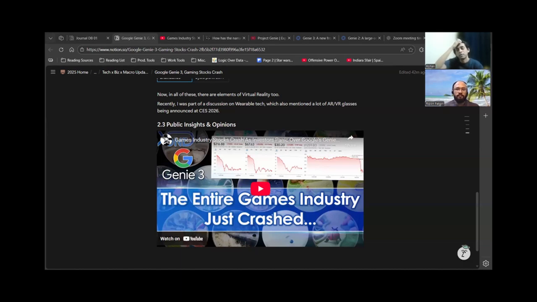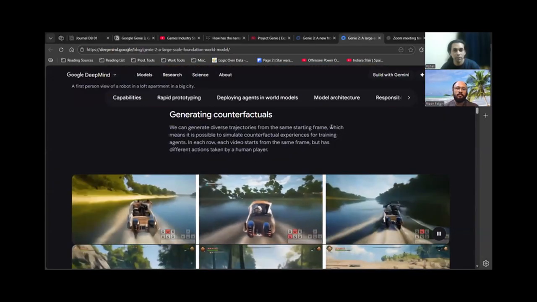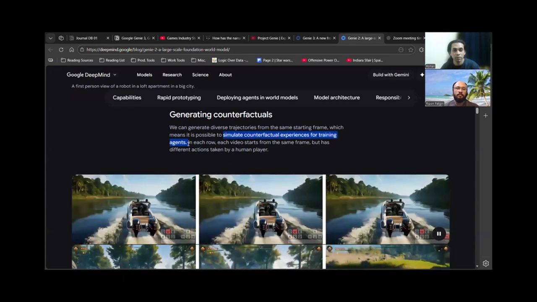And we have 2 minutes left. One last thing. Apart from the product, from a pure AI research perspective, one thing that's very important or useful here is something called counterfactuals. So, where did it go? There's something they mentioned here, generating counterfactuals for training agents. So counterfactuals